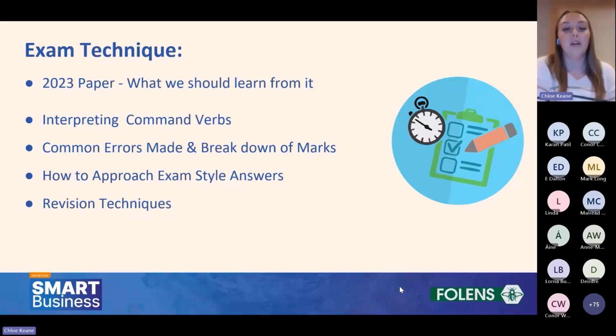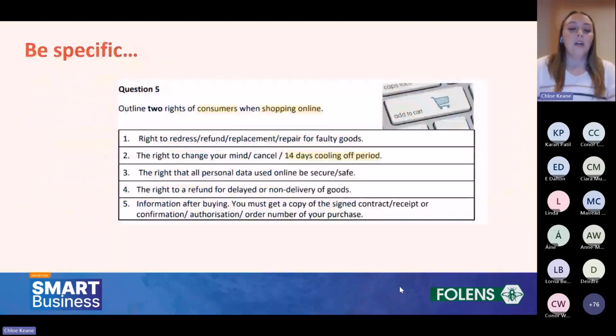I'll cover how I would interpret the command verbs, having looked at marking schemes and spoken to other examiners, common mistakes and errors that are made with the breakdown of the marks and how students can lose out on marks in different areas, and then the approach to exam style answers, which ties in with the revision techniques that I use at the moment. I have two third year classes, and for the last few years I've always had two third years, so it's about sharing ways that I do it that reduce the workload a small bit for teachers. Okay, so going in, I've taken random questions from the 23 paper